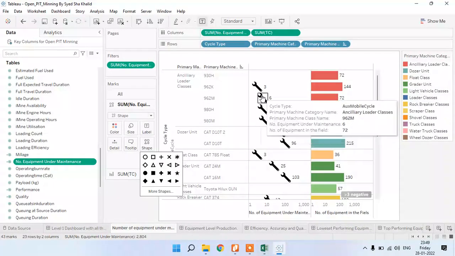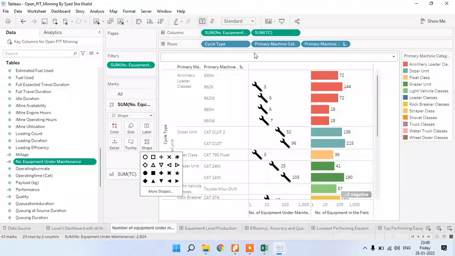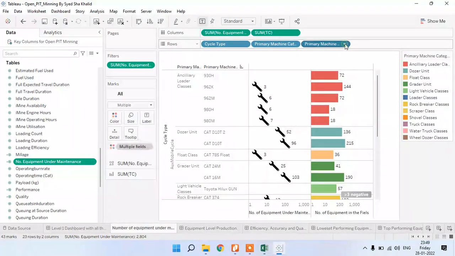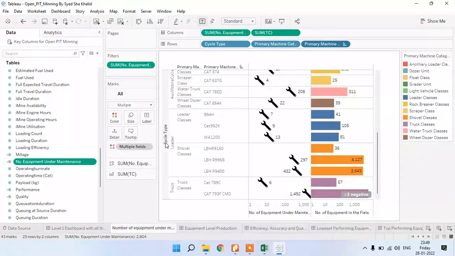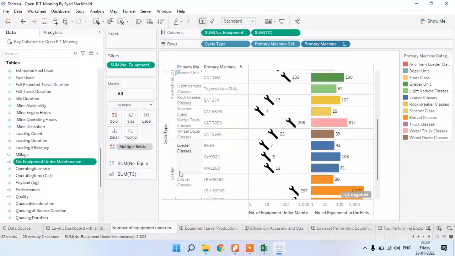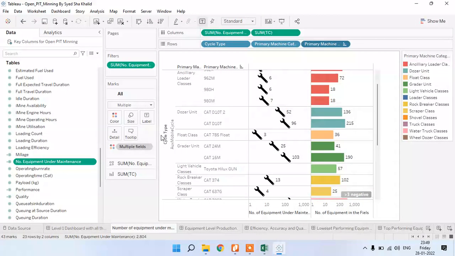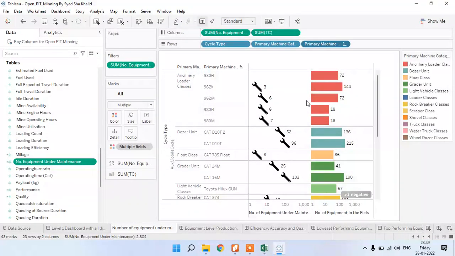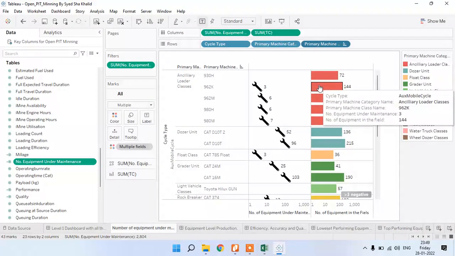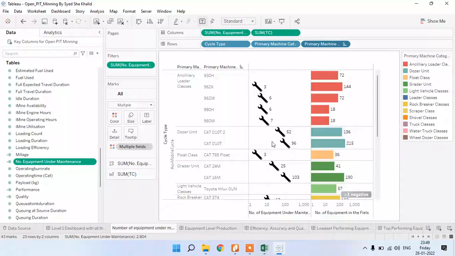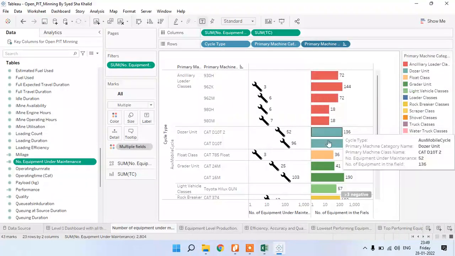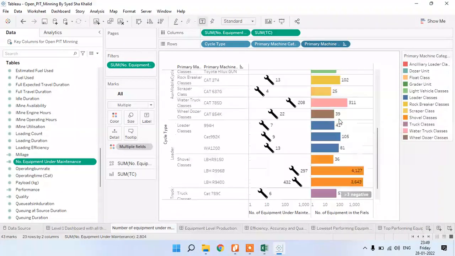The graph. As I mentioned, I have used primary machine category and primary machine class only. Here cycle type is there, that is truck cycle, loader cycle, and AUX mobile cycle. Depending upon that, the number of machines under maintenance and the total count of the machines.